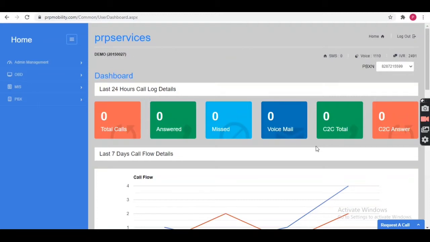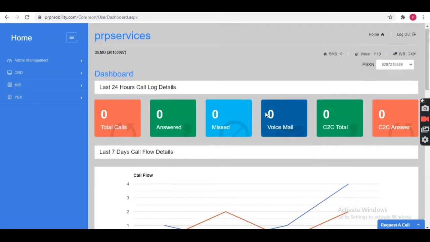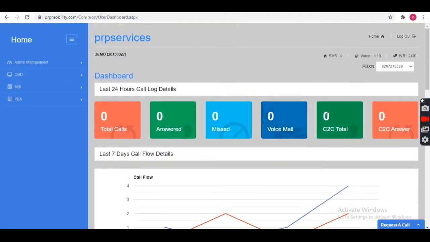We also give you call detail reports. We also provide you the facility like call recordings, revert message, notifications on agent, fallback action, office hour configurations, etc. Apart from this, we also give agent login from where agent can trace their individual calls. This is your IVR credits, this one is your voice OBD credits, and this one is your revert SMS credits. And this is the most important, IVR service number.